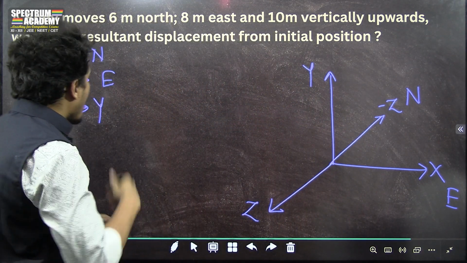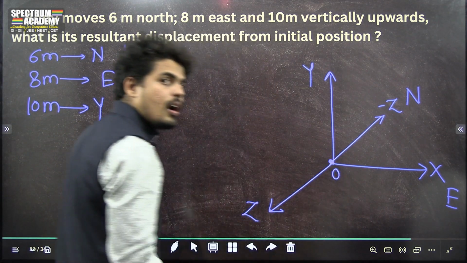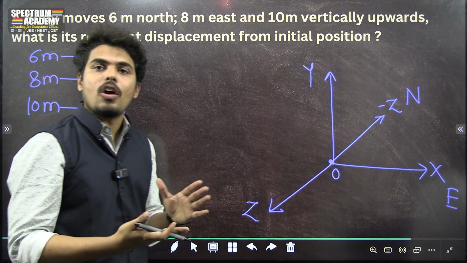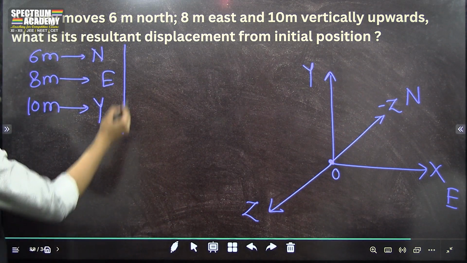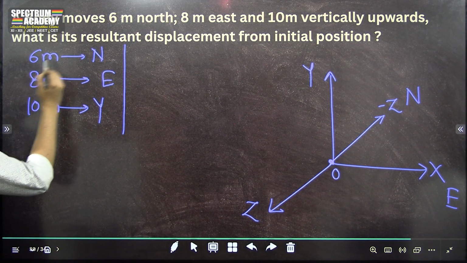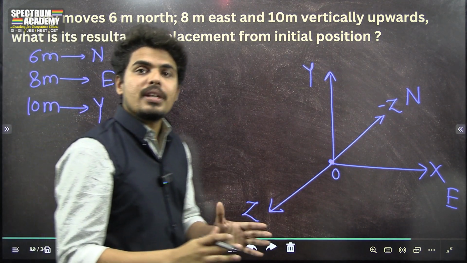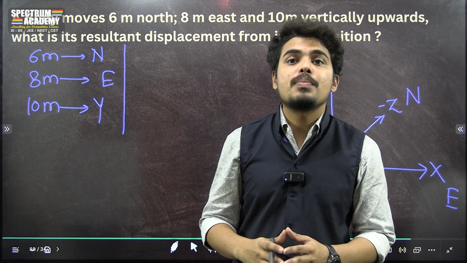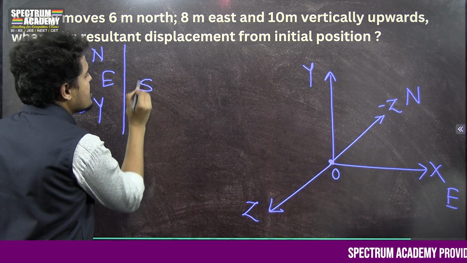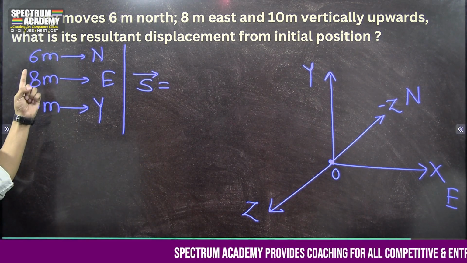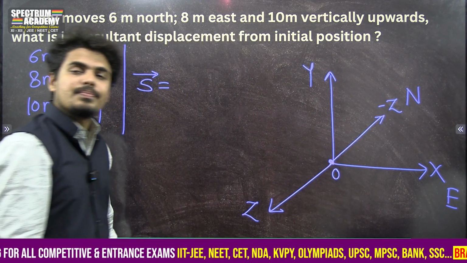सो अब हम इस पॉइंट का यानी इस बॉडी का एक पोजीशन वेक्टर लिख सकते हैं, यानी आफ्टर सम टाइम द पोजीशन वेक्टर, इनिशियल पॉइंट यहां ओरिजिन, हमारी बॉडी इनिशियल एट द स्टार्टिंग ऑफ द मोशन ओरिजिन पर थी, राइट। आफ्टर सम मोशन इट गोज दिस मच थिंग्स, 6 मीटर नॉर्थ, 8 मीटर ईस्ट, 10 मीटर वाई। अब ये जो डिस्प्लेसमेंट हमें पूछी है, अब ये डिस्प्लेसमेंट हम इन द फॉर्म ऑफ वेक्टर लिख सकते हैं, राइट। सो वेक्टर द डिस्प्लेसमेंट, सो 6 मीटर नॉर्थ, नॉर्थ यानी माइनस z एक्सिस।